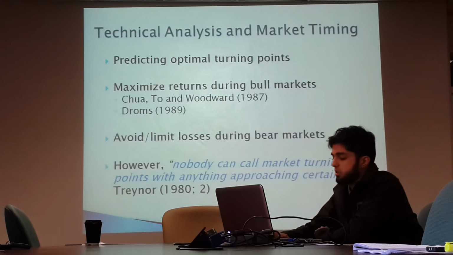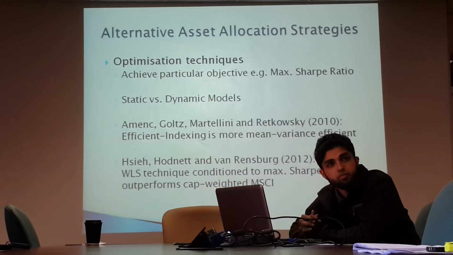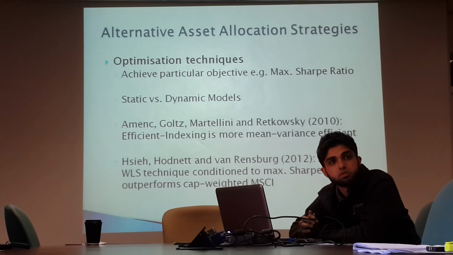Now, excuse me. Can I just interrupt? For the static method, what if you determine the weight at the beginning, and the next period it doesn't give you the high Sharpe ratio? What do you do? Do you change it